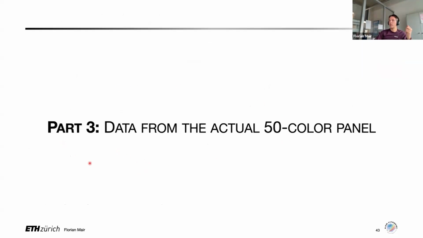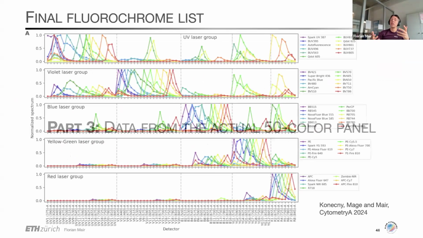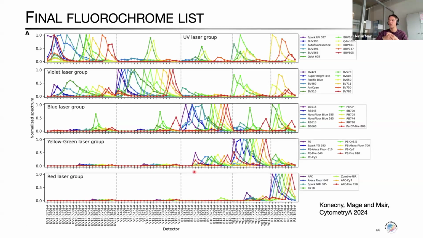And now with the part 3, I just want to show you some data from the actual 50 color panel, but I'll keep that rather short because that's all mostly public, or it's all published by now. So first, here are just the normalized spectral signatures of all the fluorochromes that we ended up using for that panel. And here I want to emphasize something important, and that is this was work that was started like 2 years ago,